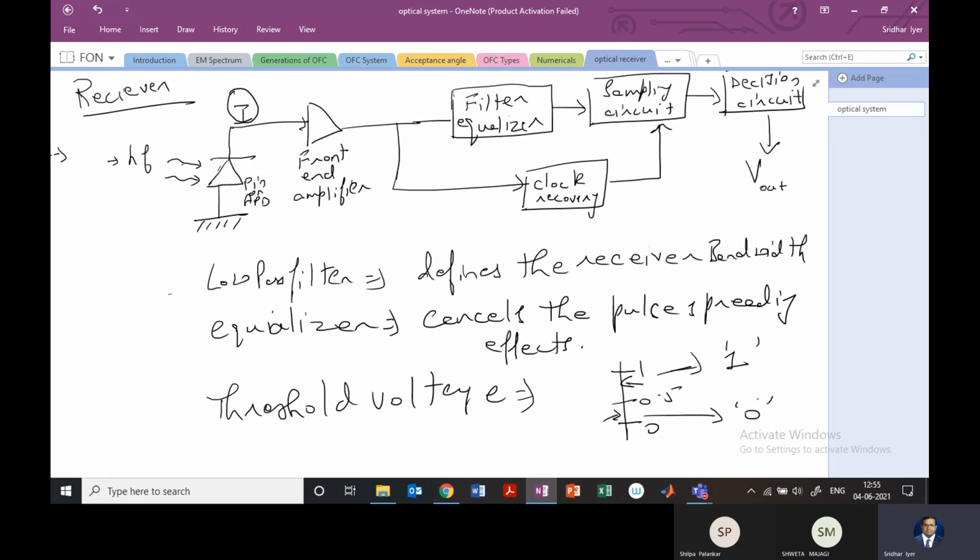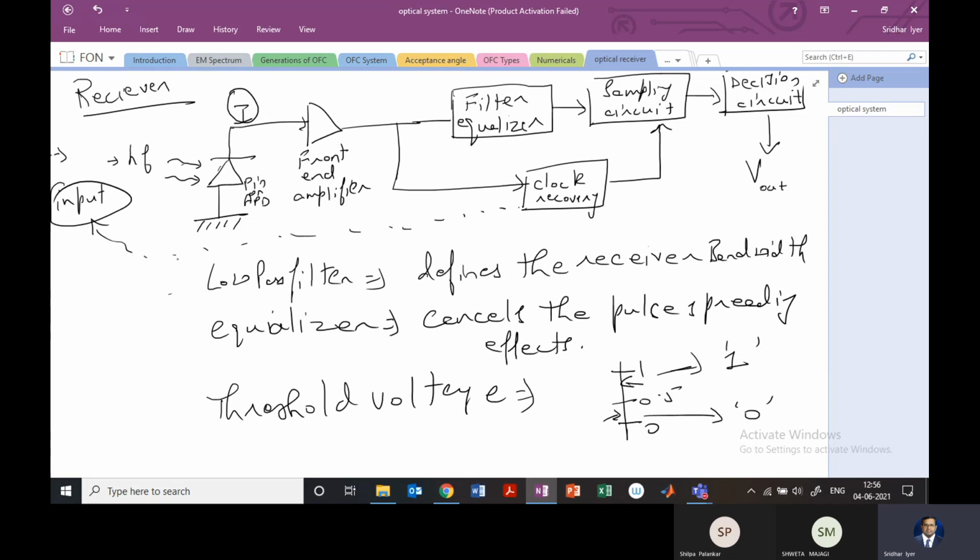So for this, the receiver needs to know the boundaries, and this is done with the help of the clock. So this clock has a periodicity equal to that of the transmitted signal. This clock here will be in sync with the input. So at the input, whatever was the bit period, that clock will know. Therefore, this kind of a system is known as a coherent system. Why? Because the input and the output, they know each other's timing, right? So this is an example of the coherent system, right?